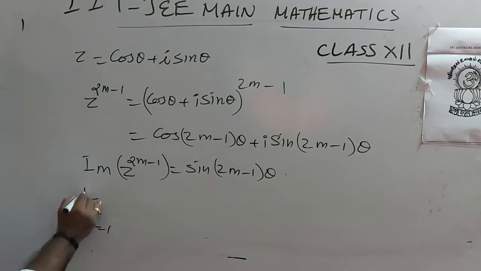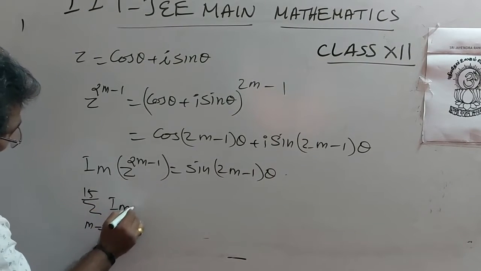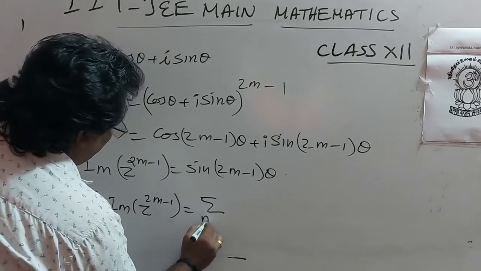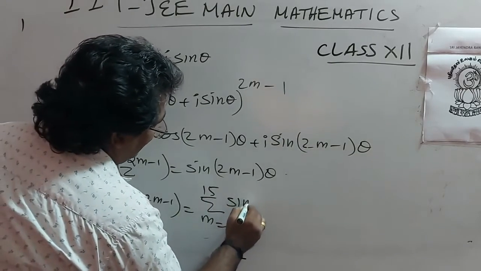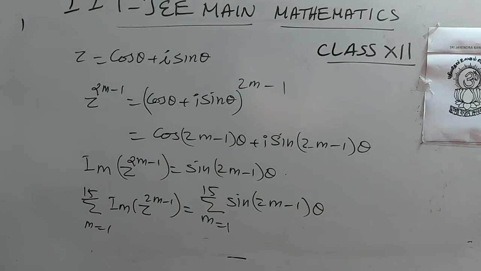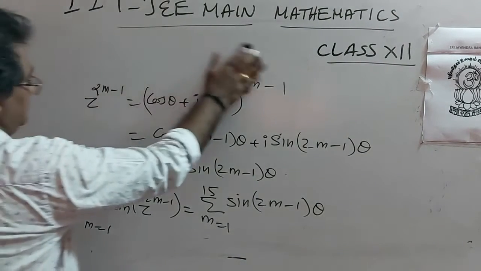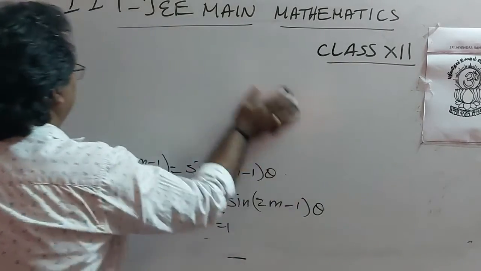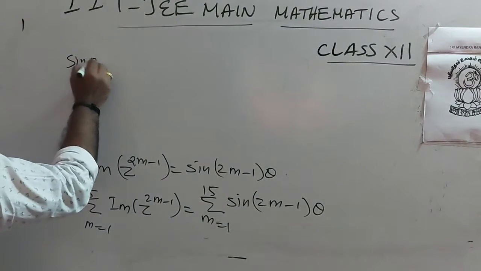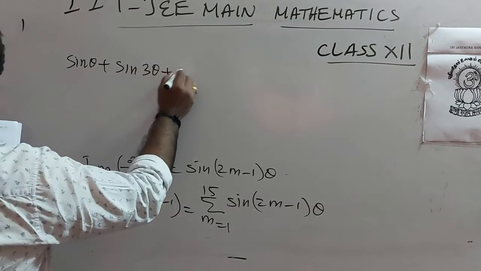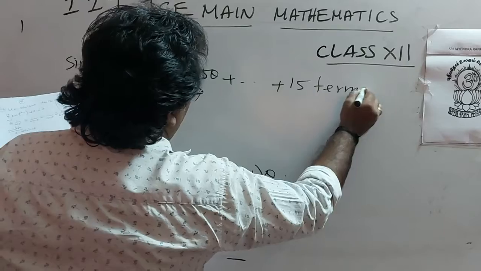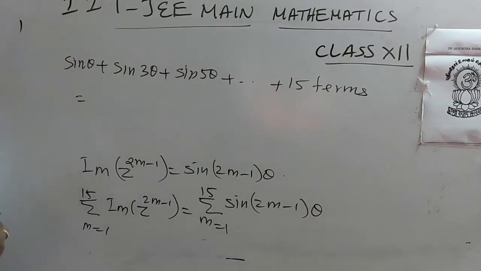Summation m equal to 1 to 15 of the imaginary part of z power 2m minus 1 equals summation m equal to 1 to 15 of sin (2m minus 1) into theta, that is sin theta plus sin 3 theta plus sin 5 theta plus etc., up to 15 terms, equal to